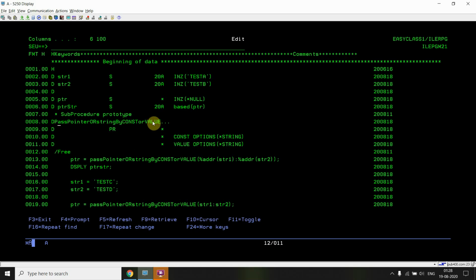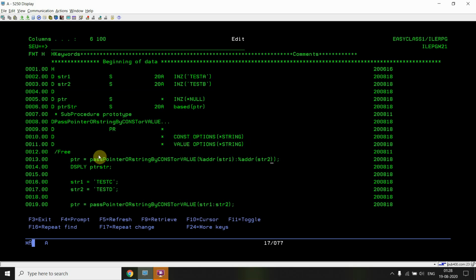I'm showing you both ways in this single sub procedure, how we use const and value both. So I'm using both approaches, meaning read-only reference and call by value. You can see these two parameters are prototyped here, defined here.